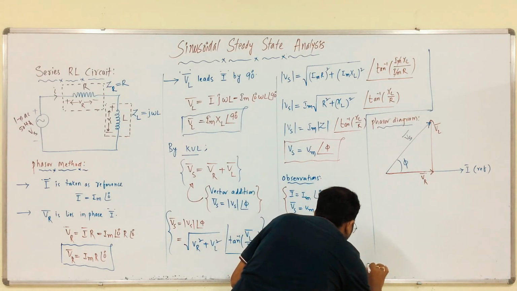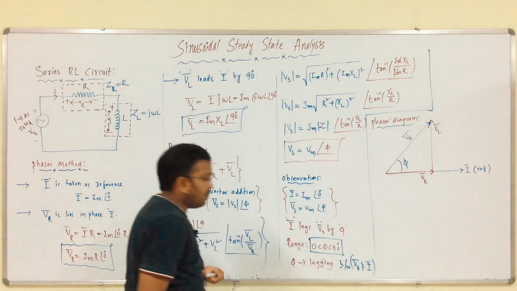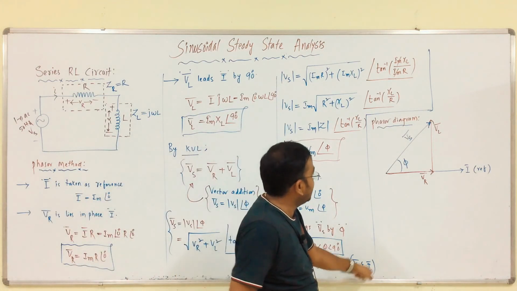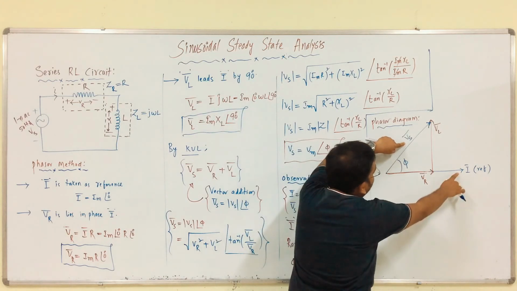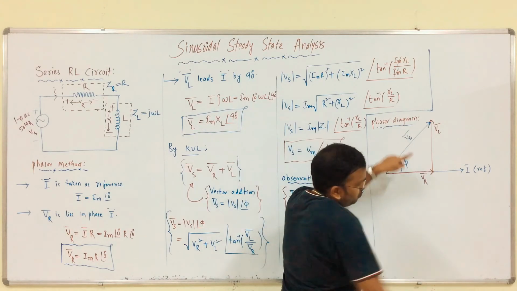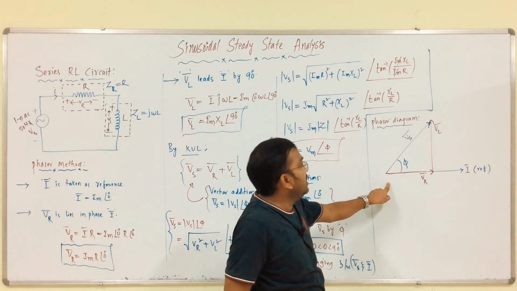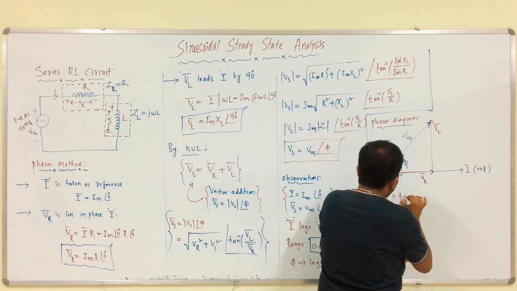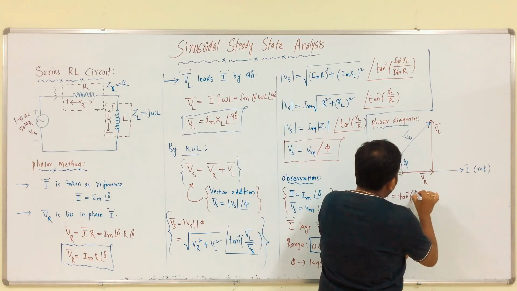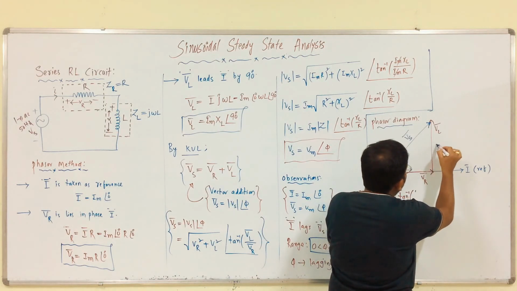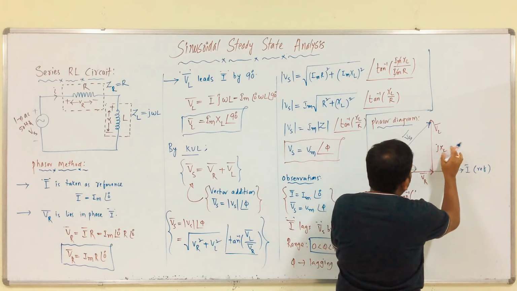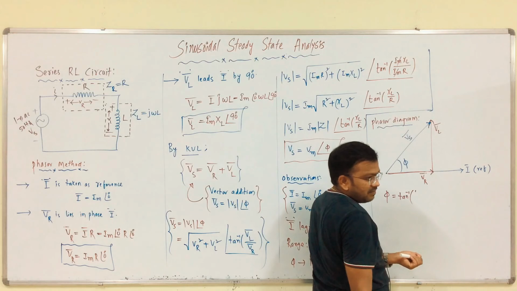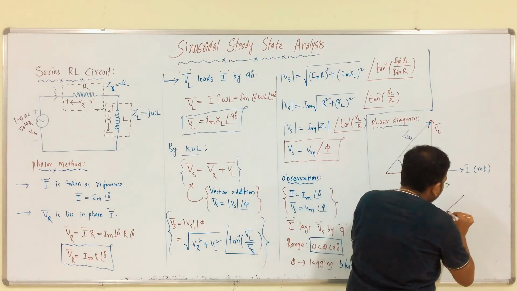This is nothing but the phase angle between Vs and I, right? The performance of a circuit can be given by the phase angle between voltage and current. See, this is the resultant voltage and current. This is the phase angle between these two. This is the phasor diagram for these two. So, from this, phi is what? Tan inverse. See, this is IM JXL. This is IM into R, IM JXL. Clear?